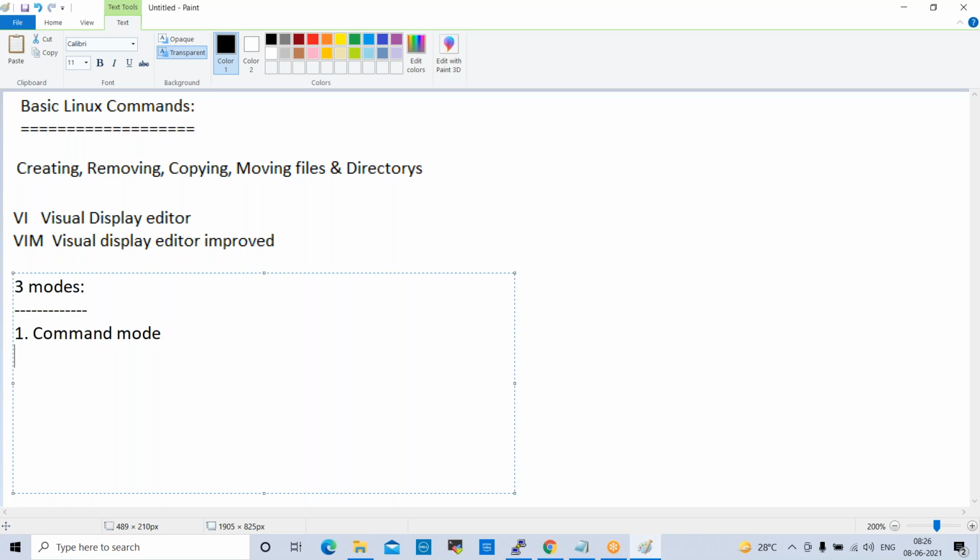The second one is insert mode, or edit mode. And the third one is extended command mode.